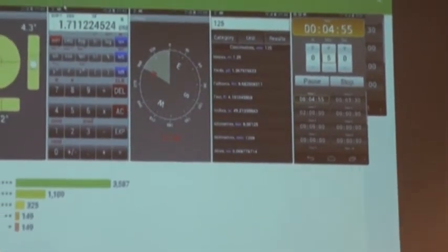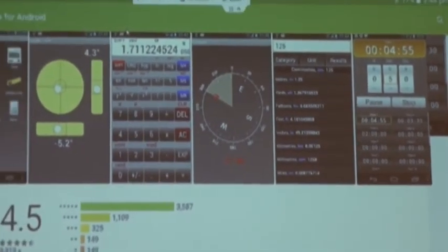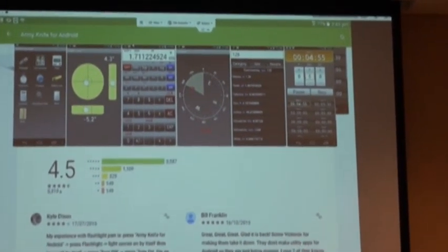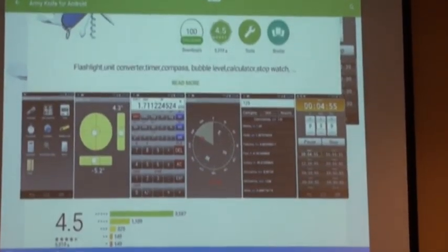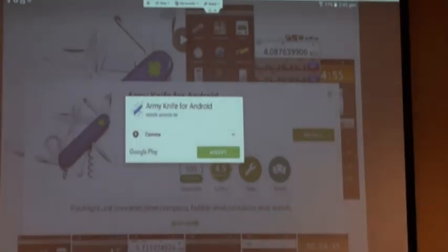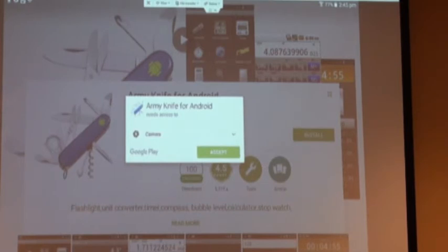Is it still going? Do you want me to stop talking now? Wow. Okay. All right, so I'm going to install this. Let's go back up here. I will if you want to. If you've got more quick,